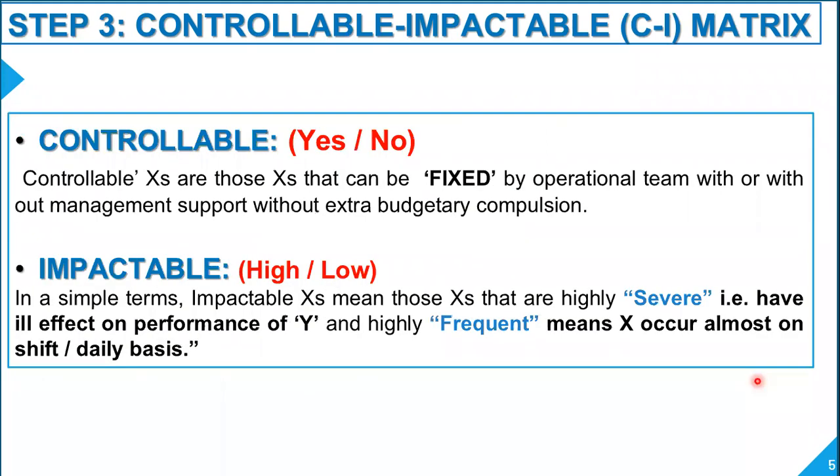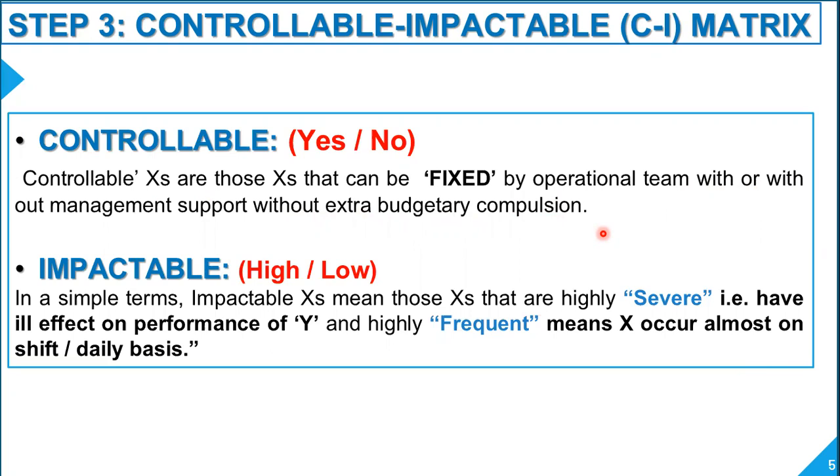Let's go ahead and understand: when we say controllable causes, what does it really mean? And when we say impactable causes, what is actually meant by impactable causes? So, controllable causes are those causes that can be fixed by the operational team with or without management support and without extra budgetary compulsion. So controllable causes are those which can get fixed easily, without any budgetary compulsion,